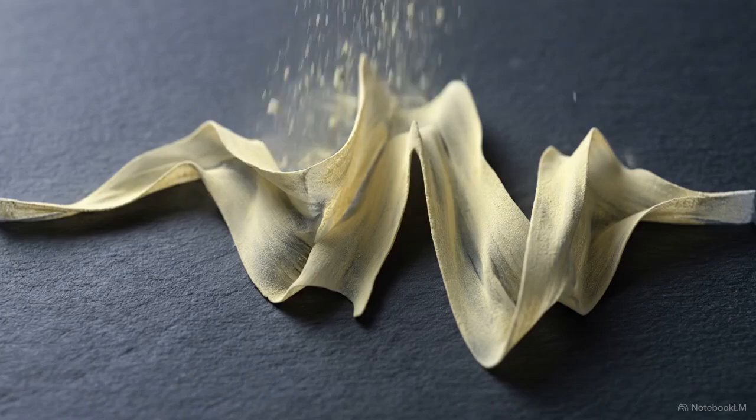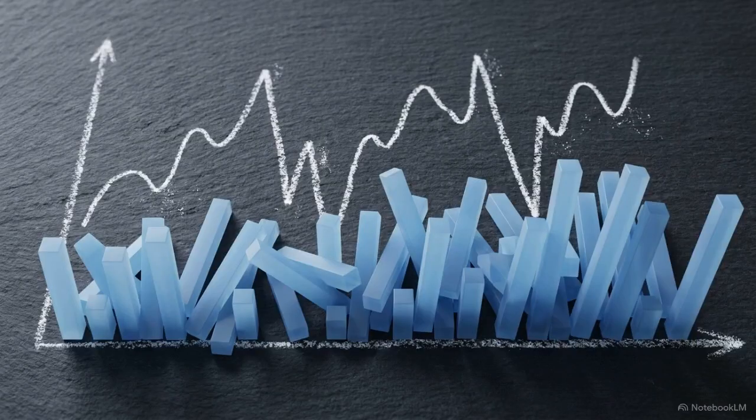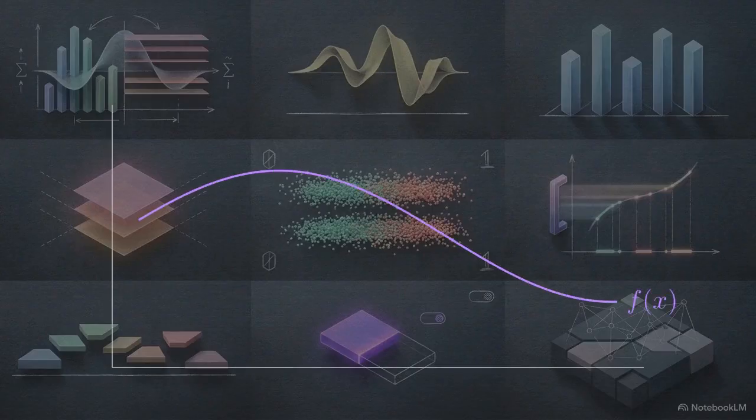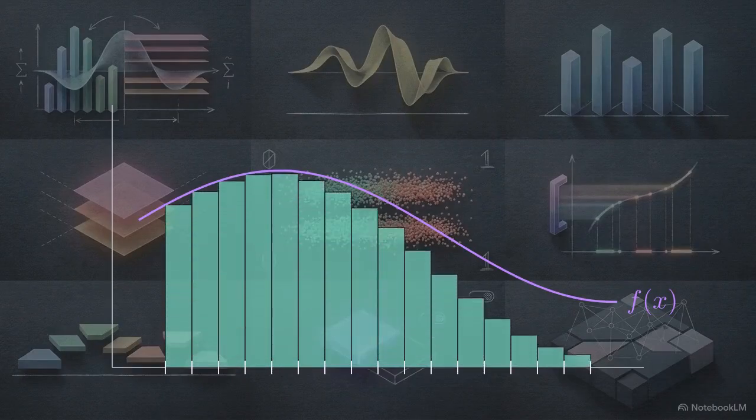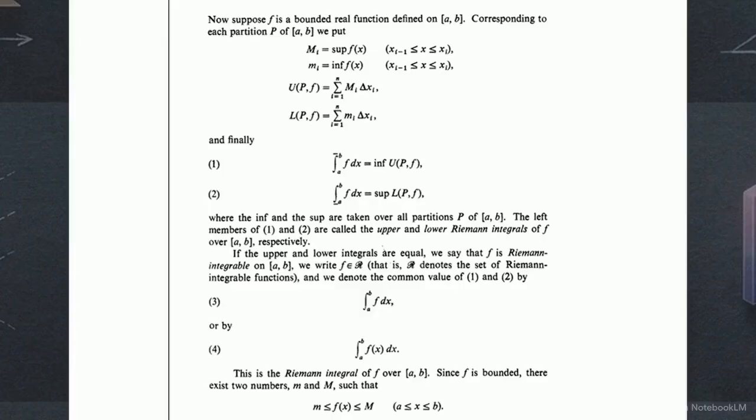When a mathematical function is continuous, calculating the area underneath it is straightforward. But when a curve is highly fluctuating, the standard approach to measurement reaches its limit. The Riemann integral defines area by slicing the x-axis into narrow, contiguous intervals and constructing vertical rectangles that meet the curve. We see the formal definition here in Walter Rudin's Principles of Mathematical Analysis.